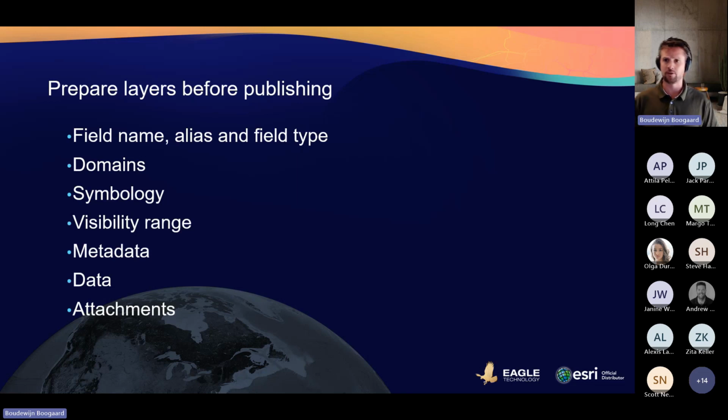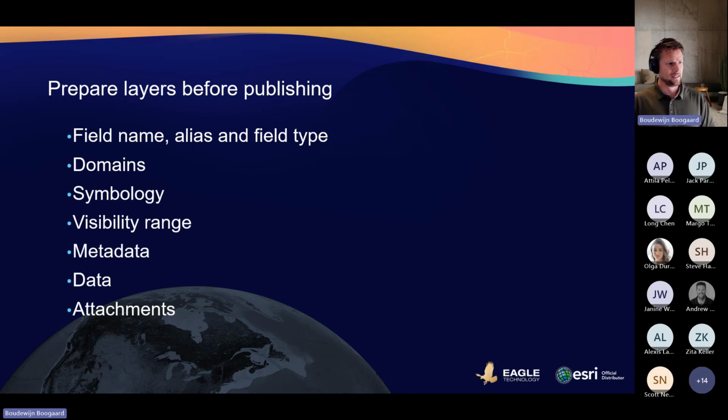And also in ArcGIS Pro, you can create attachments. And I always think it's best to do this as close to the source as possible, because most of these things, as we'll see later on, you can also do on the web. But if you're preparing it in ArcGIS Pro, it's probably best to do it here. So if you need to republish, you don't have to go back to the web and reset all of those settings again.